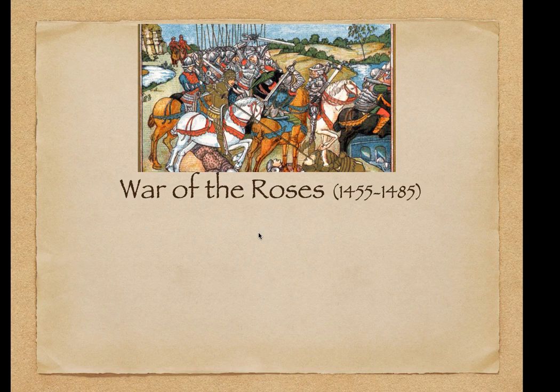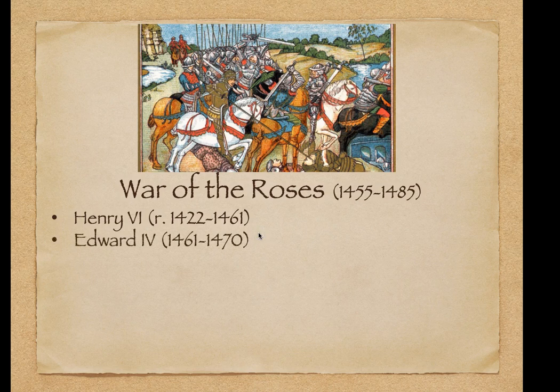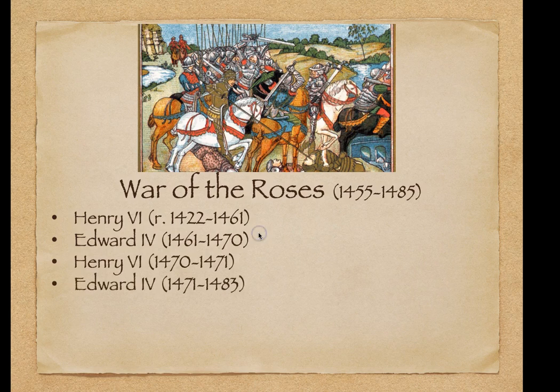The politics of late medieval and early modern England make today's kerfuffles between Democrats and Republicans look like play fighting. Just look at this list of rulers in the 15th century, and I didn't even bother to go into how Henry IV came to power in the previous century. Henry VI, who was a child king, reigned from 1422 to 1461. He was deposed by Edward IV, a Yorkist, in 1461, and Edward reigned until 1470, when he was briefly deposed by Henry VI, before taking up the reins of rule again in 1471 until 1483.